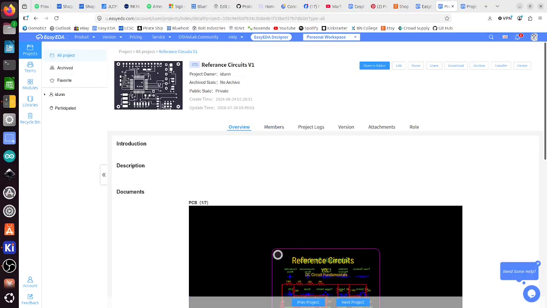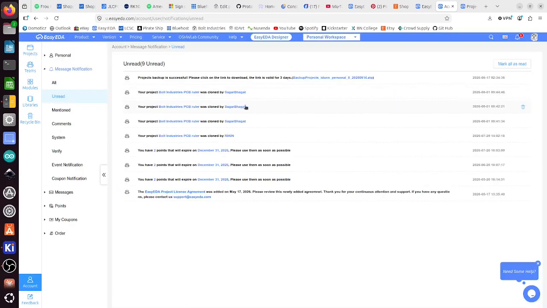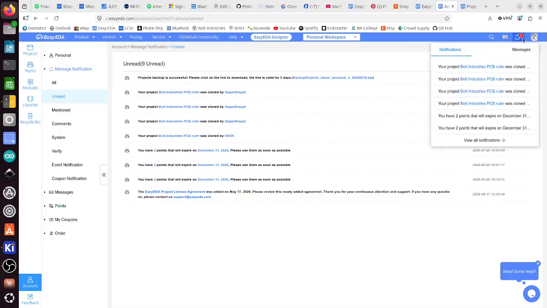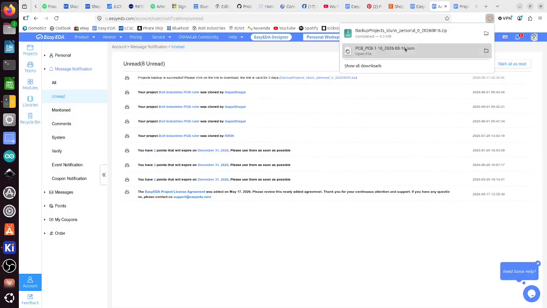So if I find it in there, click on it and hit download here. If it doesn't actually download, it gives you this link in your mailbox here. So if you click this alert, although it looked like it just took me over there, then I can click that download link there. That's my download. That's what we need. Not intuitive to go look in your notifications in EasyEDA for the backups, but whatever, that's